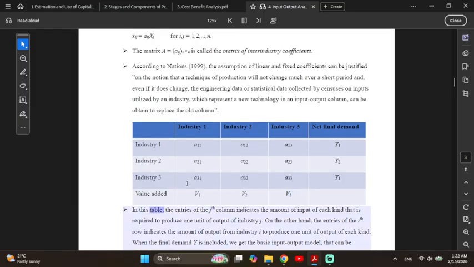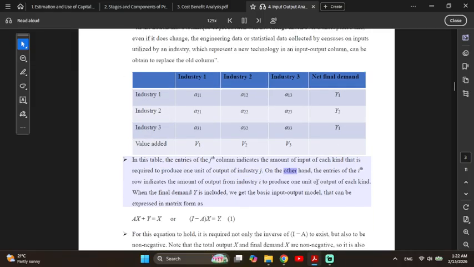In the Jth column of this table, the entries indicate the amount of input of each kind that is required to produce 1 unit of output of industry J. On the other hand, the entries of the ith row indicate the amount of output from industry I to produce 1 unit of output of each kind. When the final demand Y is included, we get the basic input-output model, which can be expressed in matrix form